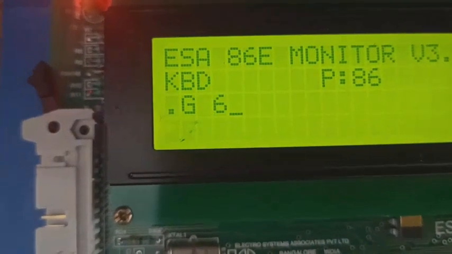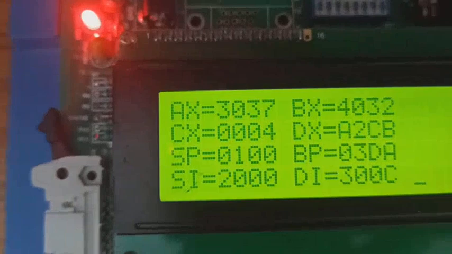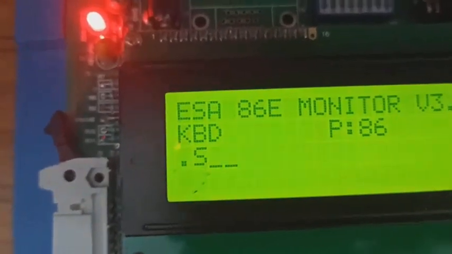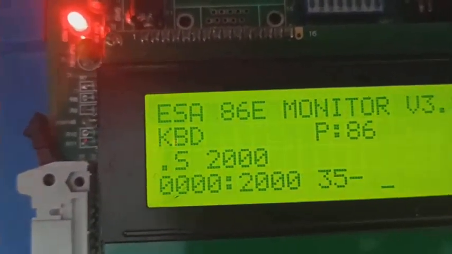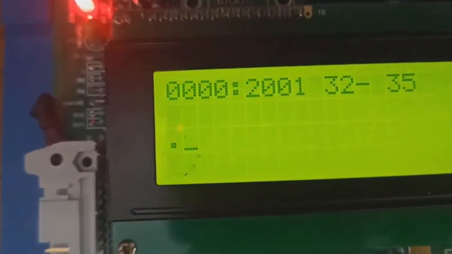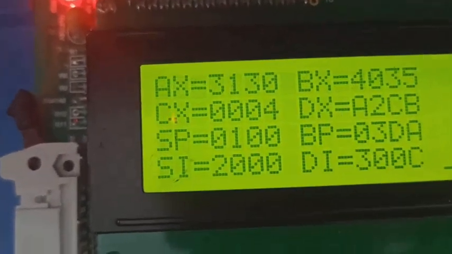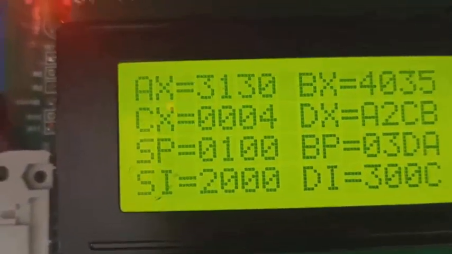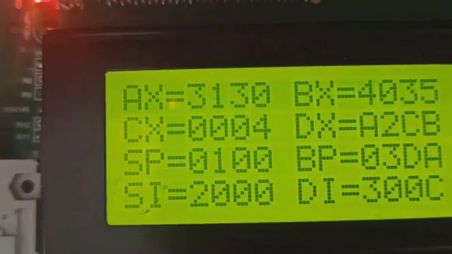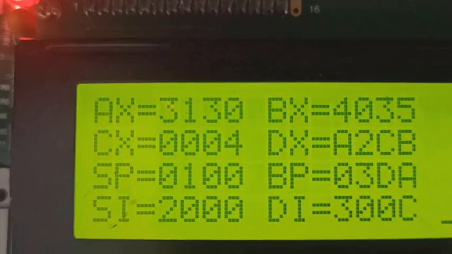S space 2000 35 comma 35. Now I am going to perform the addition of 35 and 35. The result should be 10 in ASCII form, which is represented as 3130. This is how ASCII addition takes place.